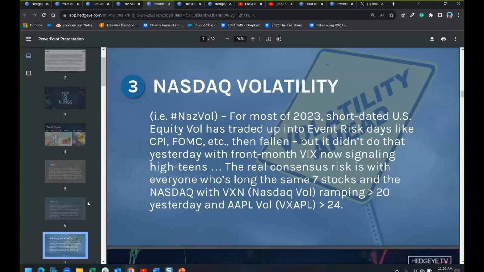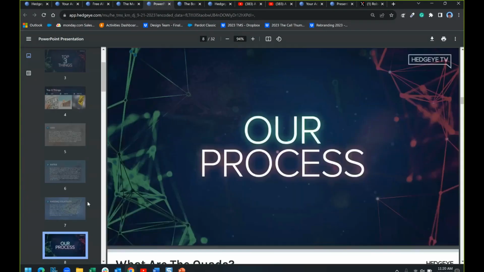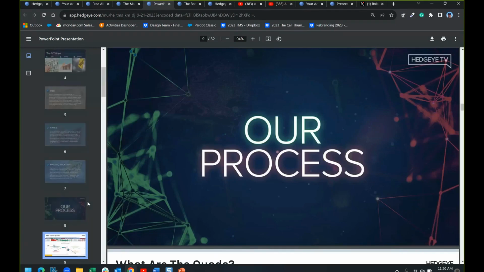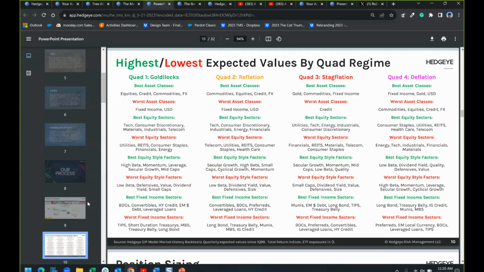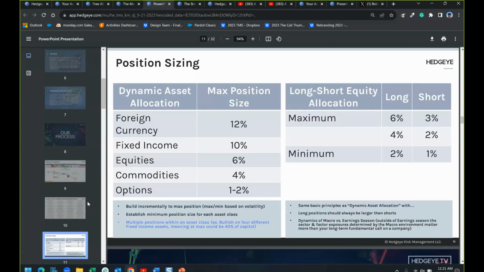So whether it be the top three things, which Matt just scrolled through there, and then the process oriented stuff. So the quads, eyeball table, the different levels of volatility, expected values by quad regime. Position sizing is a huge one. That's how Keith started off the coaching session on Monday for the macro themes. He reviewed position sizing, longs bigger than your shorts, understanding the different dynamics there and what makes sense